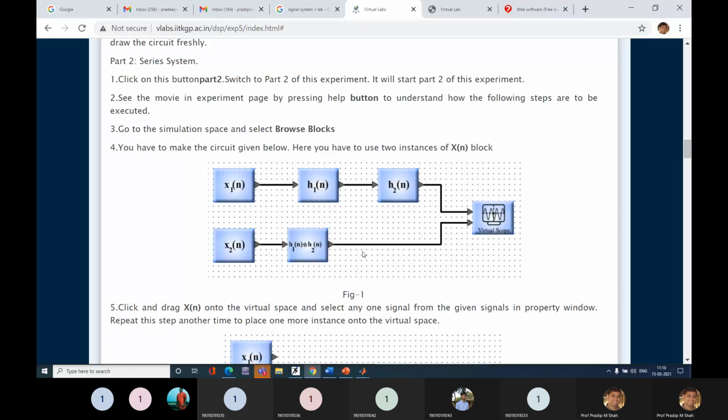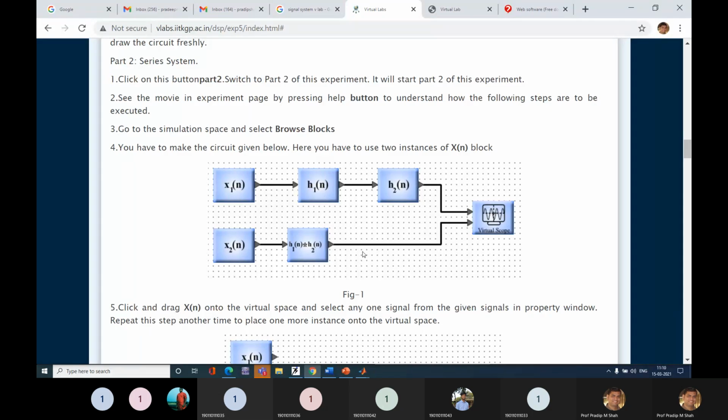So the conclusion is that convolution is a very important property, because using convolution you can find the response. In part 2, we have two systems in series connection, a cascade connection, and the cascade connection is simply the convolution of the two individual impulse responses.